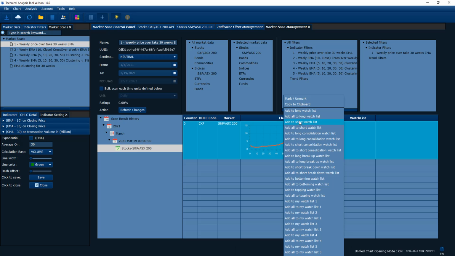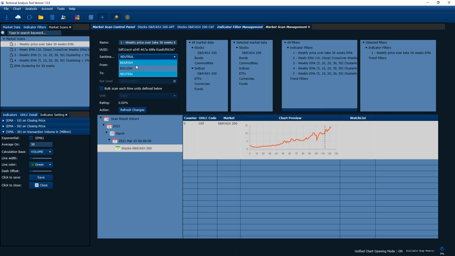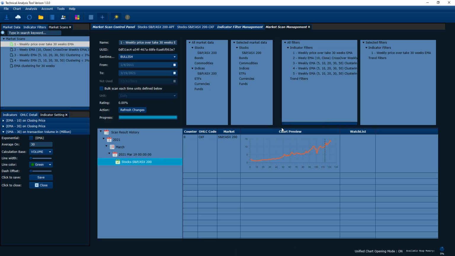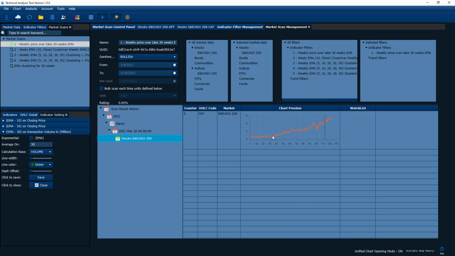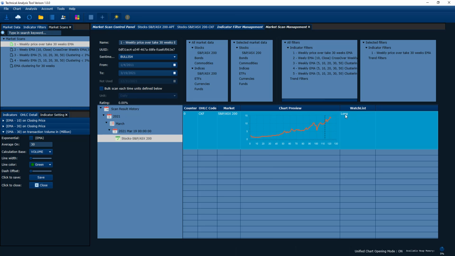Okay, so you can see I have a group of pre-made watch lists: the long watch list, the short watch list, the long consolidation watch list, a short consolidation watch list, breakup, those kinds of things we pre-made for our users to use. And if you don't like them, because my scan is a bullish scan, so the sentiment is bullish, because I'm expecting anything from my candidates for this scan to go up in the future. So that's why I want to put them in the long watch list. If I click on that, as you can see, the watch list long is here,